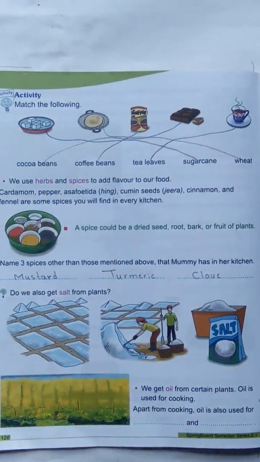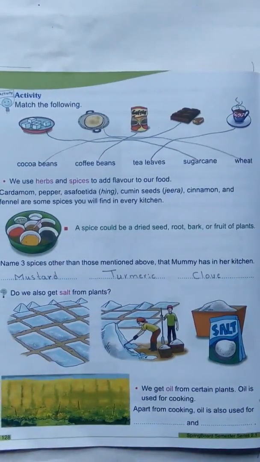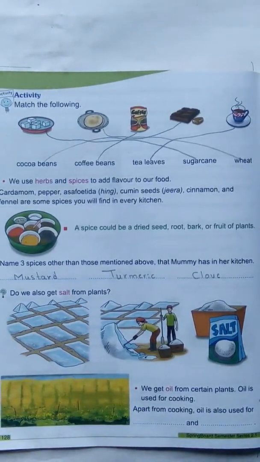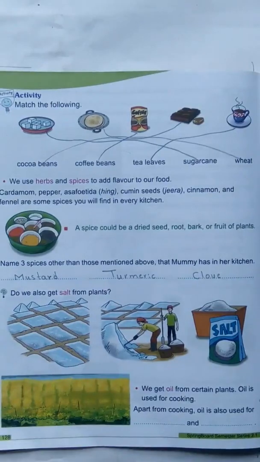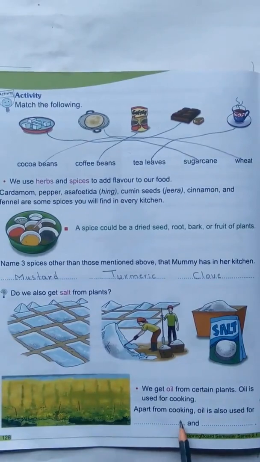Next, children, do we also get salt from plants? No. We get salt from the sea. Okay. Next, we get oil from certain plants. Oil is used for cooking. We all also use oil in our daily life in the kitchen. Apart from cooking, oil is also used for